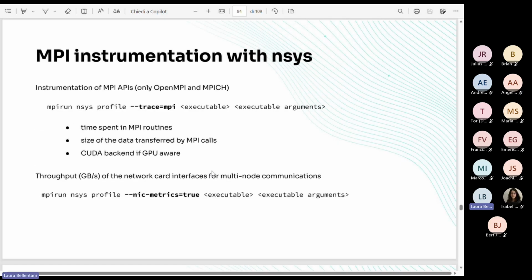If you want to instrument MPI, you need to specify that to the nsys daemon with --trace=mpi, and this will provide meaningful information on the time spent in MPI routines, the size of the data transferred by MPI calls, and also the CUDA backend if the communication is GPU aware, which means that it uses GPU Direct peer-to-peer or RDMA. Regarding additional metrics, a very interesting option is --nic-metrics=true, which provides the throughput of the network card interfaces for multi-node communications.